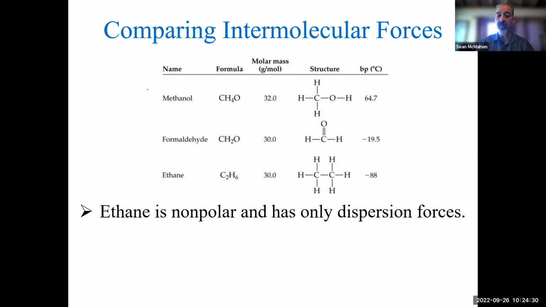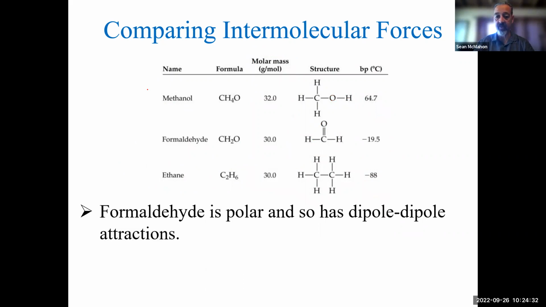So ethane is non-polar. It can only have London dispersion forces. Formaldehyde is polar. It can have dipole and London dispersion, but the dipole is stronger, so it has a higher boiling point, right? Negative 19.5 is closer to 0. If we're on a number line, here's 0, right? It's a lot closer than negative 88. So it's a